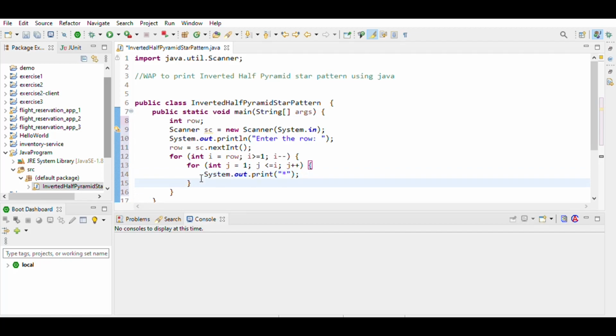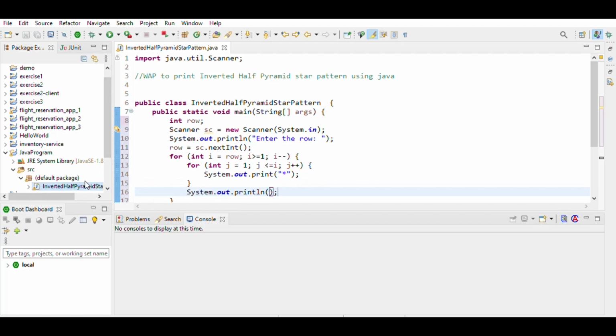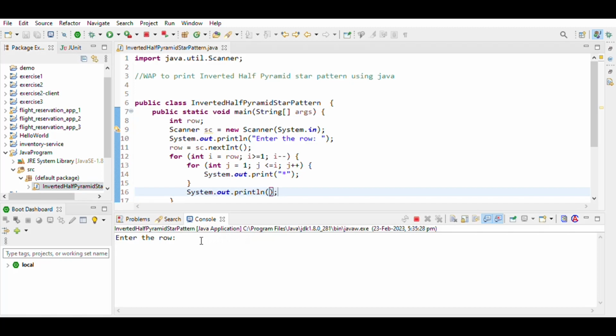Then save the program and run the program. Number of rows, let's say 5, then that is the